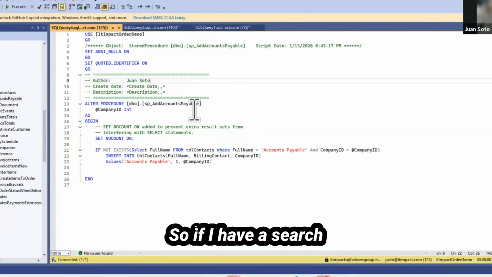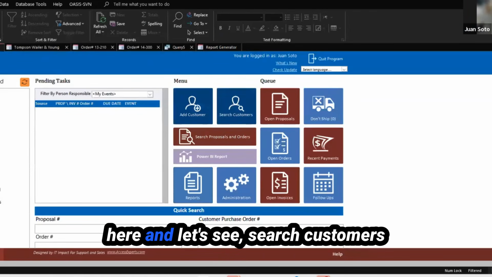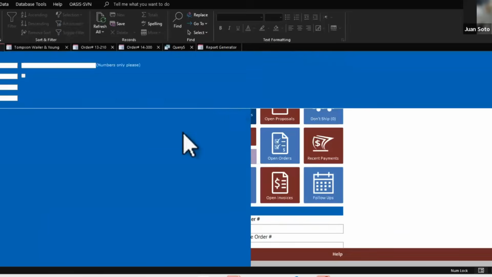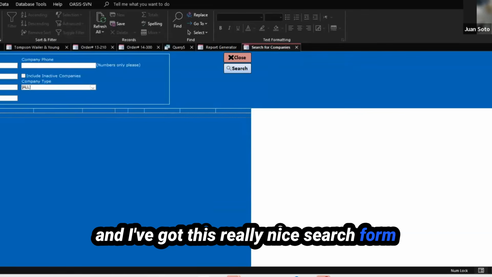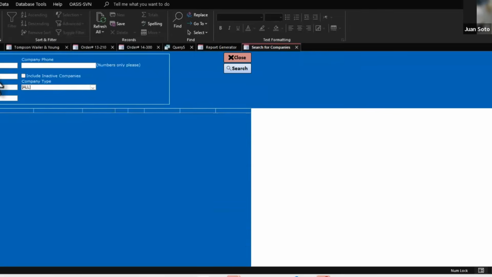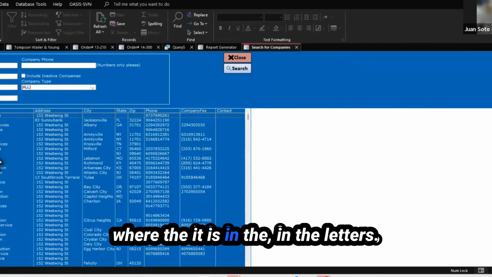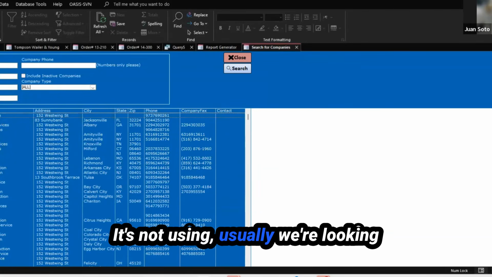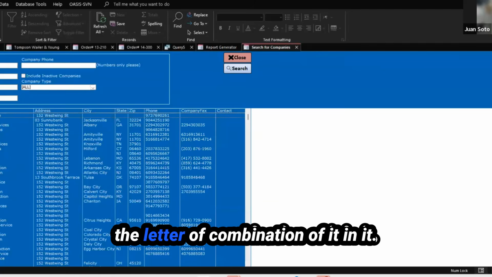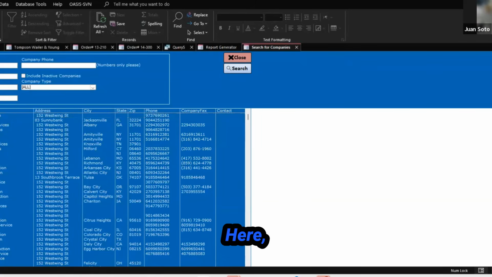A search form, right? So if I have a search form like this in Access here, search customers, and I've got this really nice search form here, and I can just type a few letters, IT, and then it shows me everything where IT is in the letters. Usually we're looking for every company with the letter combination of IT in it. So for example, if I put in security here,